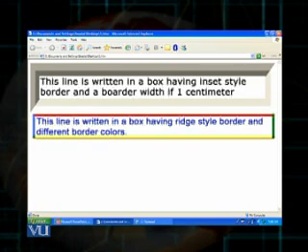You can see there are different border colors for this box, and I have written, this line is written in a box having ridge style border and different border colors. In this example, in fact, I have used the border style inset and the border style ridge. And let's see the code.